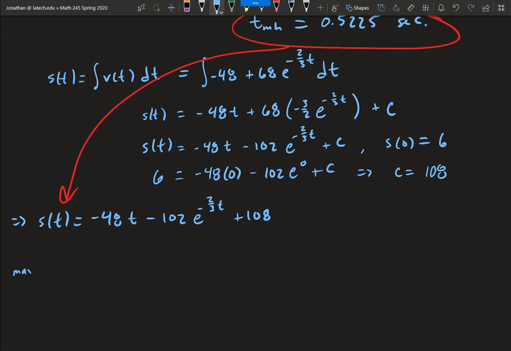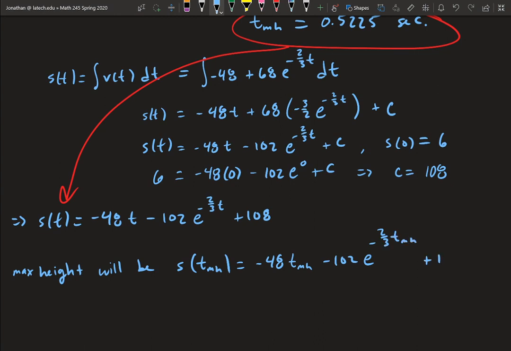So max height will be s of t max height, which would be negative 48 t max height minus 102 e to the negative 2/3 t max height plus 108. And we get that that's about 10.9238